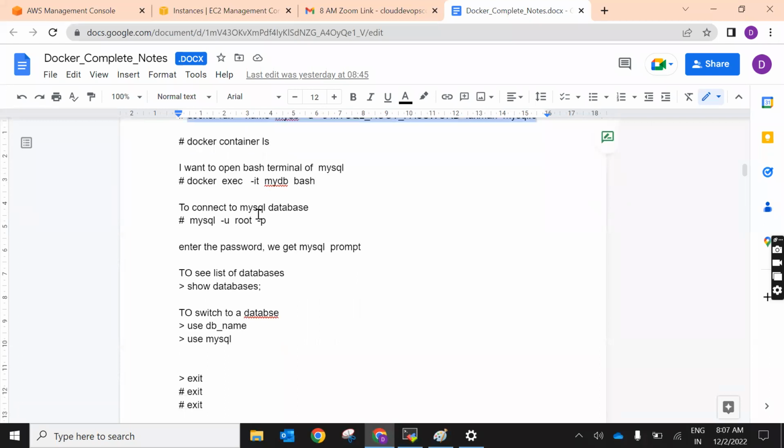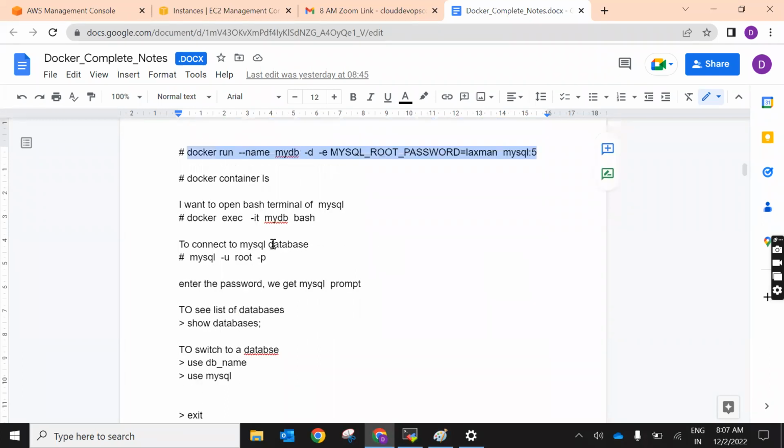So how to connect to the database? If you have the database knowledge, then by default, this database will be existing in that. So I want to log into that database. By default, the username is root. How do we know that? If you are from a database background, you should be knowing that. Otherwise, you can go to the MySQL documentation. There it will be mentioned. So now I'm trying to